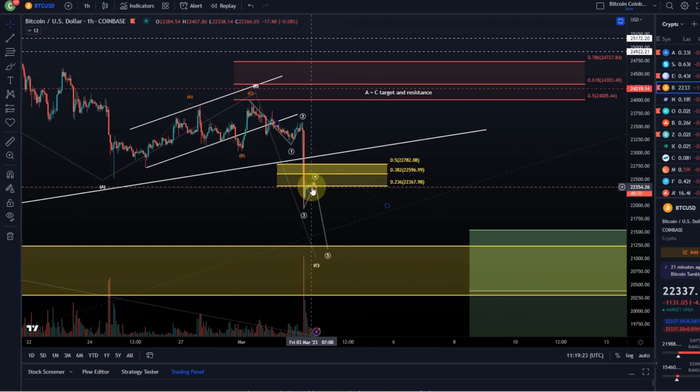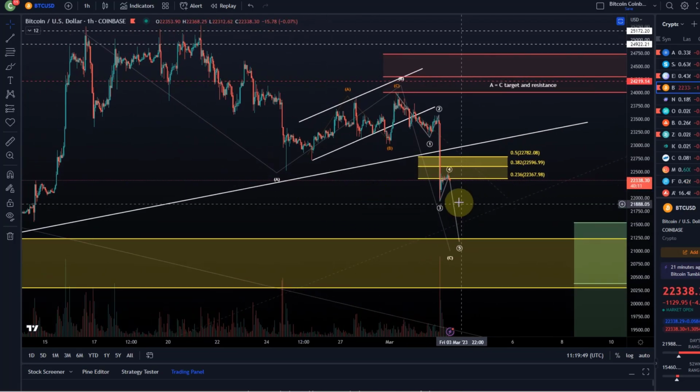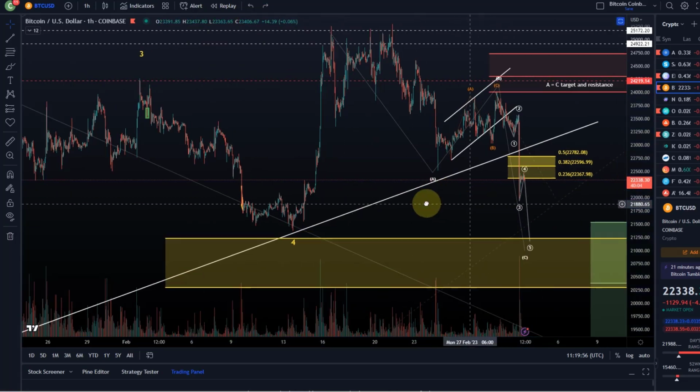We've now reached wave 4 resistance. This is where we should get rejected, between 22,367, which is the 23.6 retracement, and the 50% retracement at 22,782. Going above that level would question this scenario, but for now it looks like we're adhering to it. I already said in the live stream yesterday that it looks like this is a 3rd wave, and I think it is, looking at the micro count today after having had a bit of sleep. And the wave 4 up, and one more wave down would be anticipated into the region I indicated, starting sort of at